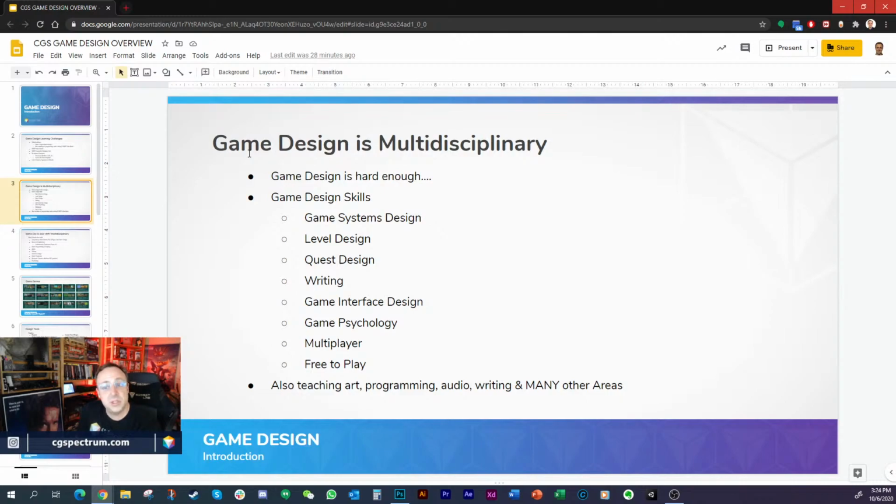And so these two alone are something that you could easily spend several years trying to master. These are not easy jobs. These are not things that are trivial to learn. And then there's all these subspecialties, right? And so if you're doing quest design, and writing and being a game writer, or interface design for games, or understanding psychology and the relevance,